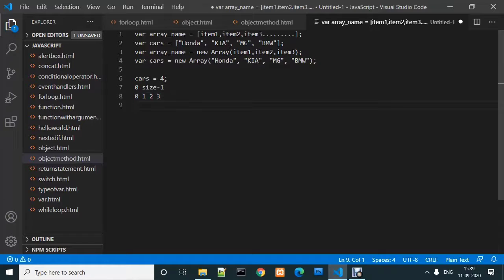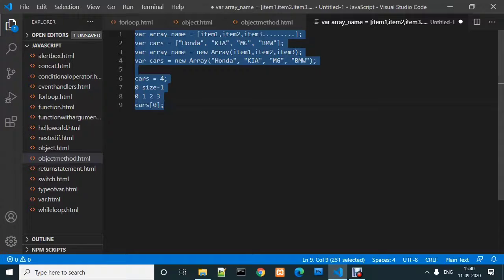So if we want to access Honda, we just have to write cars and the position where Honda is stored. Honda is stored at the 0th position, Kia is at 1st, MG at 2nd, and BMW is at 3rd. Now we will try to use them in our program.